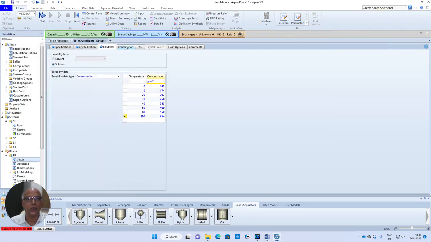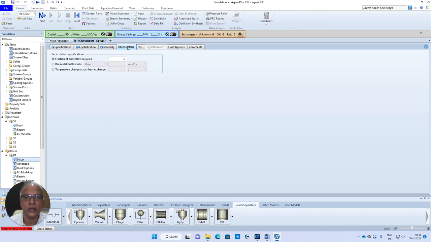Now we need to talk about this recirculation. We were given that the recirculation flow rate, which is again in terms of mass, is 500. So we have provided the required input, incomplete. So we need to talk about